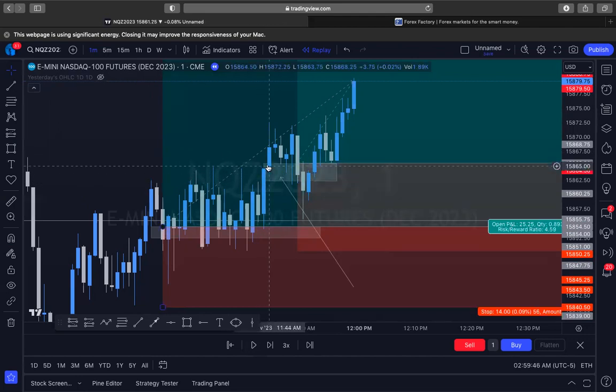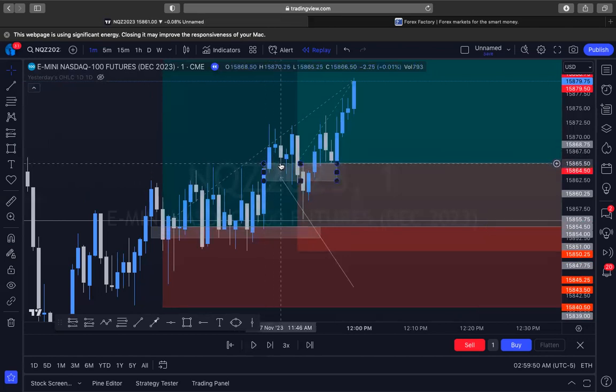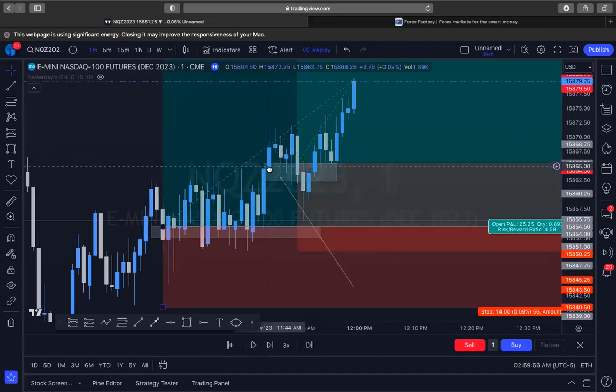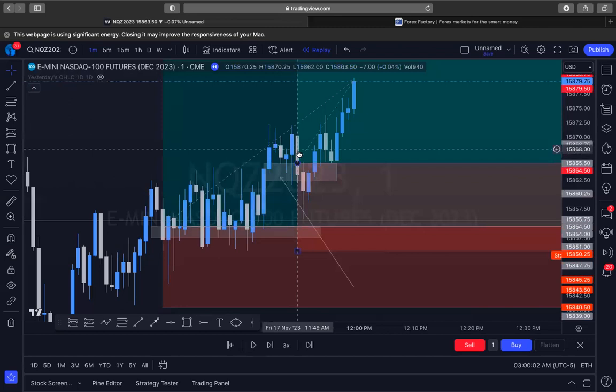But overall, I included the whole thing up until this candle right here. You can see my entry being right here. When it gave me this, I was trying to enter somewhere right here. But when it gave, I didn't want to enter on this wick. I wanted to give me more of a deeper entry. So when this bearish candle came down and it was rejecting, I entered right there.